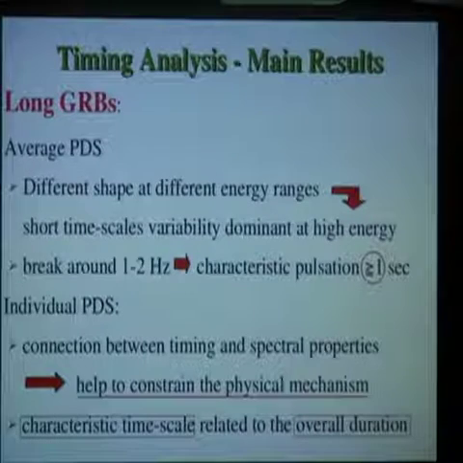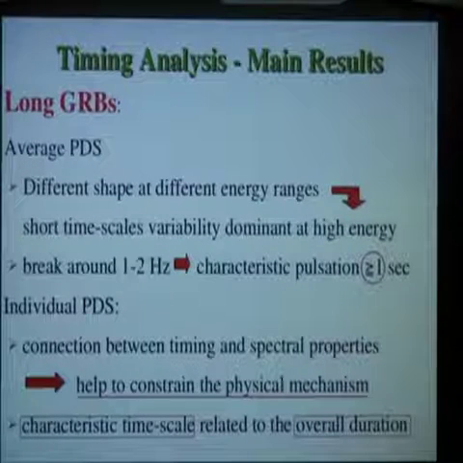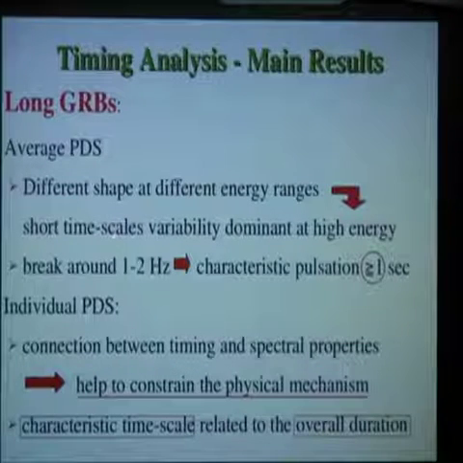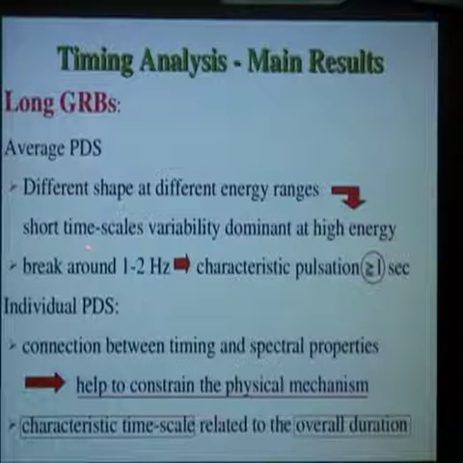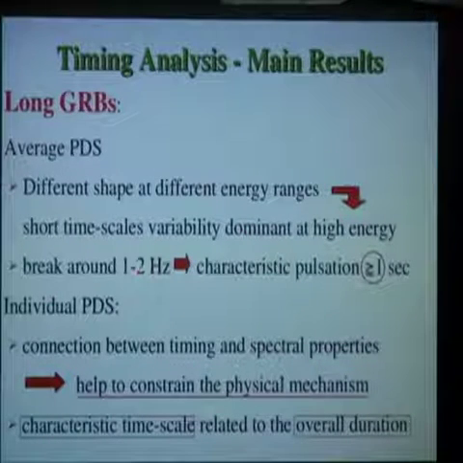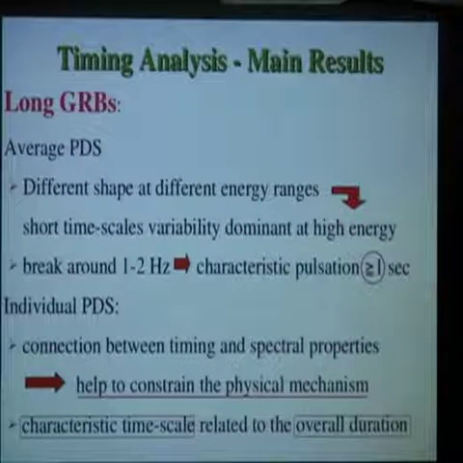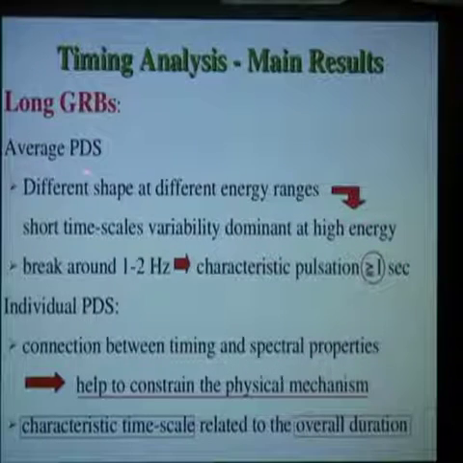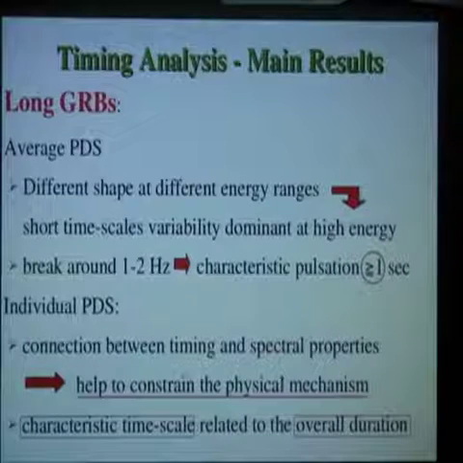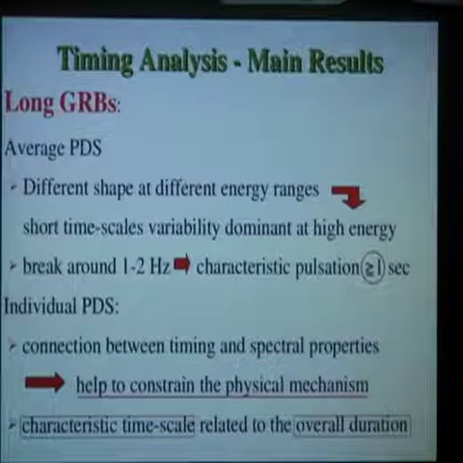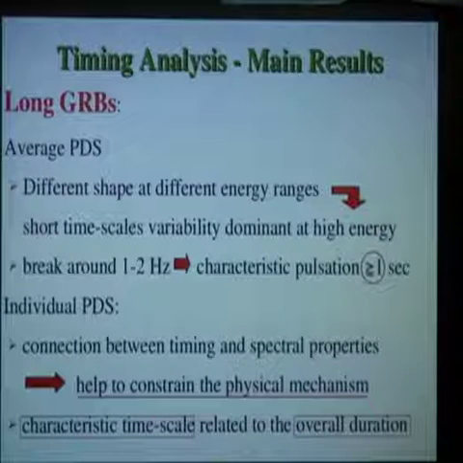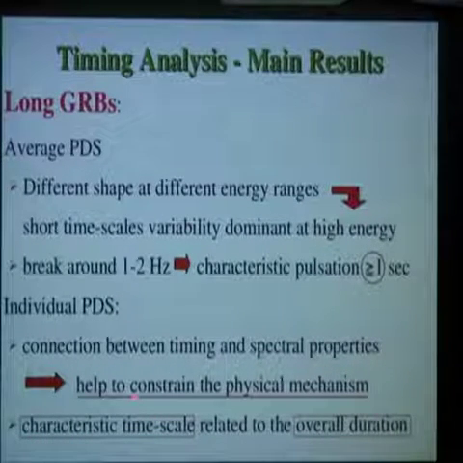So let's draw some conclusions from the timing analysis. From the average power density spectrum, we see that we have short time scale variability, and the short time scale variability is dominant in the higher energy channel. We have a break in the power density spectrum, so a characteristic pulsation around 1 second for long gamma ray bursts. Then we had a connection between the spectral and timing properties, which is very important in order to constrain the physical mechanism. And we saw that there is a connection between the characteristic time scale of the pulses and